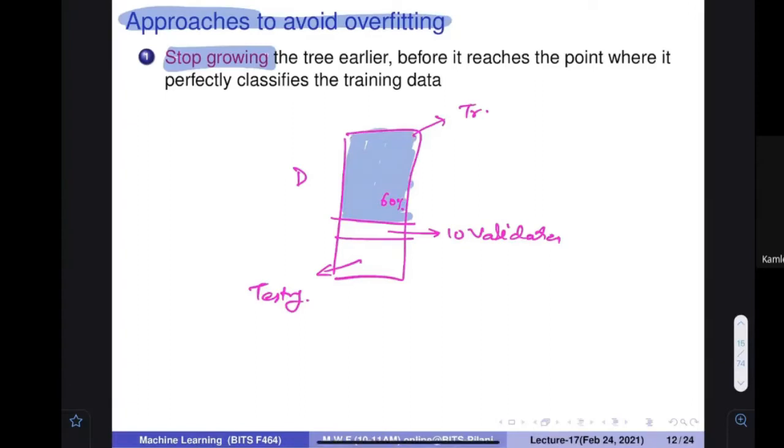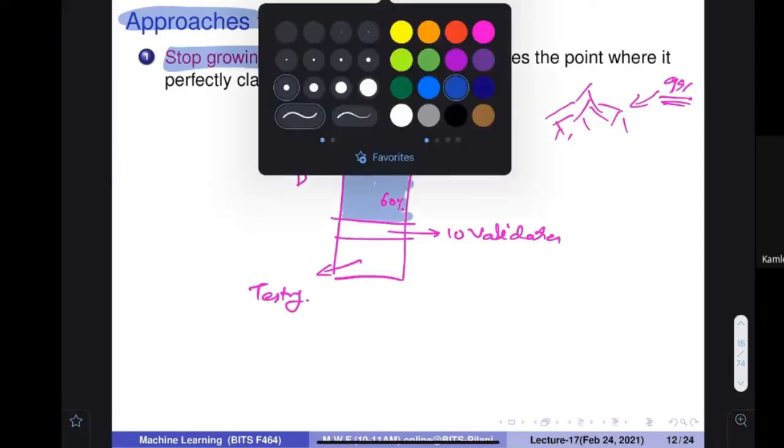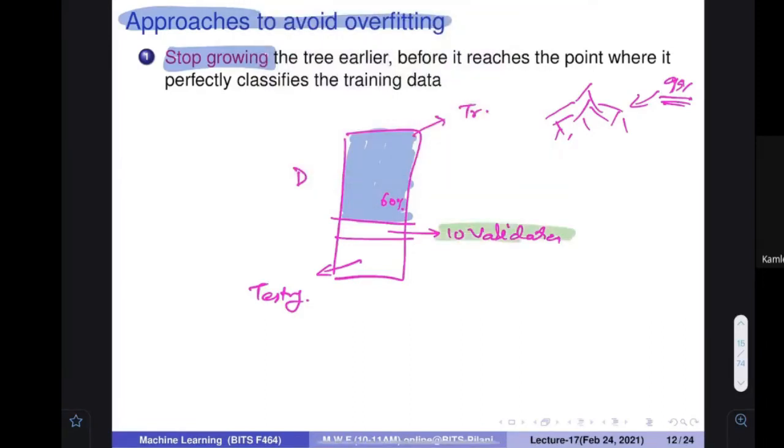So you have used this and built the complete tree. You have built the complete tree on that, so that you achieve 100% accuracy, or 99%, whatever best accuracy you can achieve. But now your task, please focus, is to test on the validation examples. When you test it, you find out that accuracy comes out to be 75%. So I ask, is it possible that if I remove this particular part, my accuracy is going to increase?